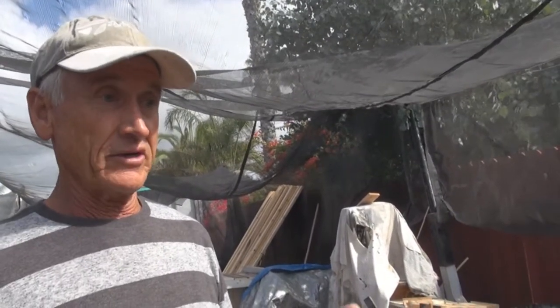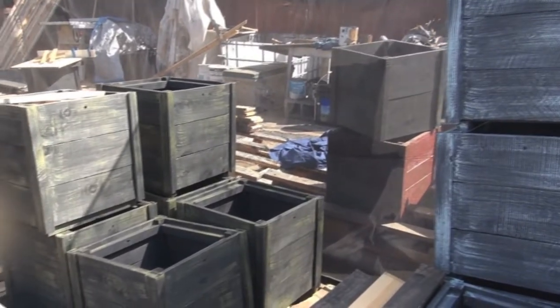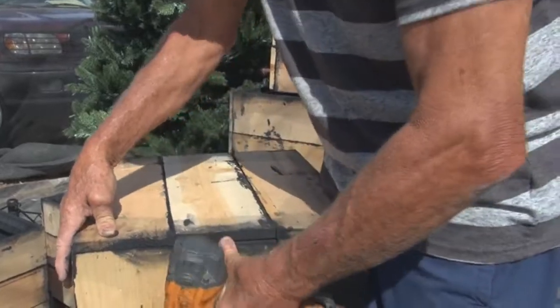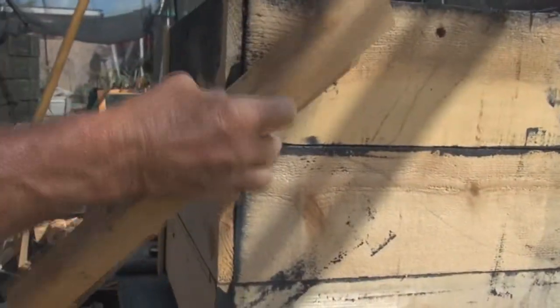The invention process for the perfect planter took almost a year. Finally, the functionality and the simplicity came to me through a lot of people's input, and it was through those people's feedback that finally the perfect planter has been born. So I found during this whole invention process that rather than be a hare, I'd rather be a tortoise and create something at my speed to make sure that I got all the bugs out of the production, so that when we got to volume requirements, the system would be in place so we wouldn't have any hiccups in the